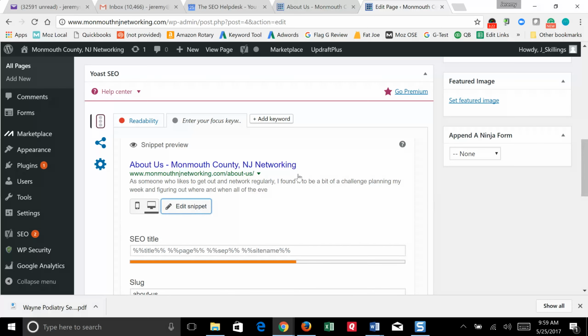So when you click on Edit Snippet, it shows you this is sort of that formula. This is in code telling it what it should show up. And that's where you see that title. Title is the title of this page. So it's saying title of the page, and then site name with a separator between it. The sep means dash, and then the site name is the site name we showed you before. So if you want to change that to something else, you simply type in whatever you want to change it to. It may be